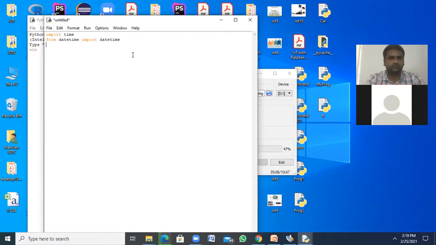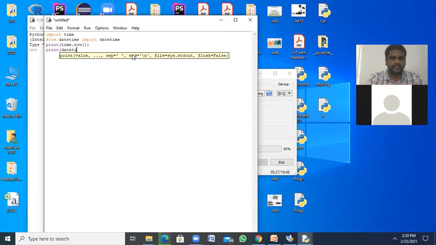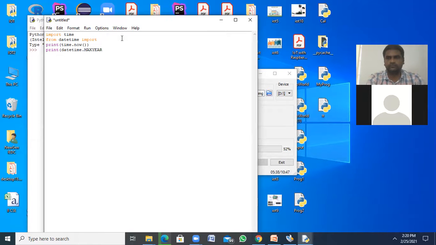Here printing, print time dot now. Print datetime dot, not datetime.